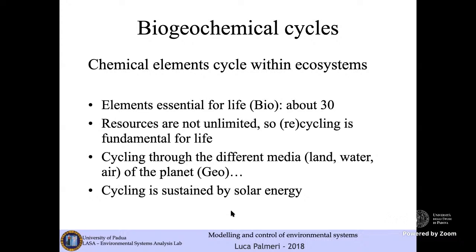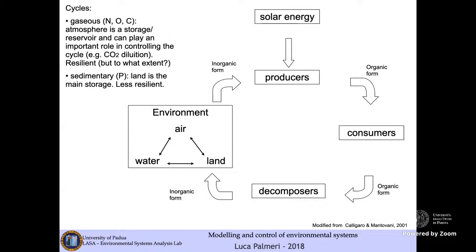So it is the solar energy arriving on the surface of the planet that sustains the cycling of the relevant chemical elements, relevant for life, through the different geospheres. You may recall that we had a lecture entitled the equilibrium between the four geospheres. So we have already talked of the fact that through the different geospheres, we have transfers of